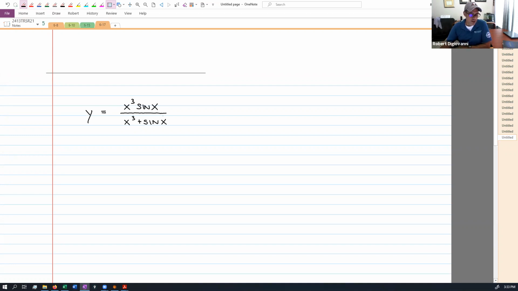X cubed times sine x over x cubed plus sine x. These signs can't cancel. These x cubes can't cancel. If you want to convince yourself of that, replace those with numbers. Right? This is 28 over 11. If you start canceling stuff,